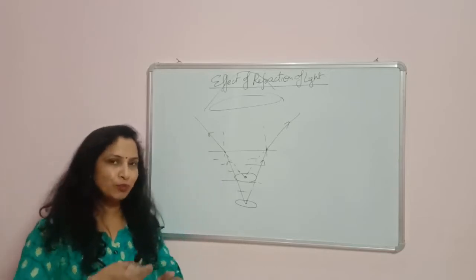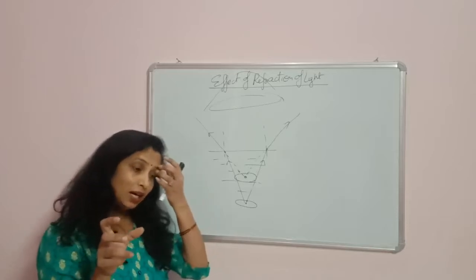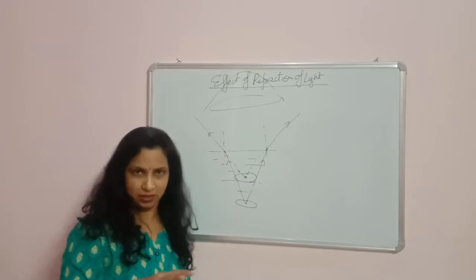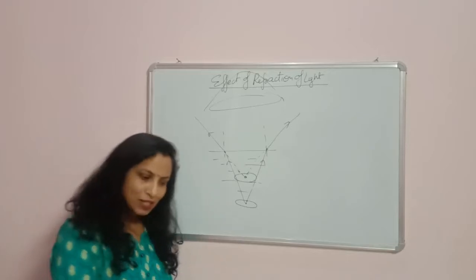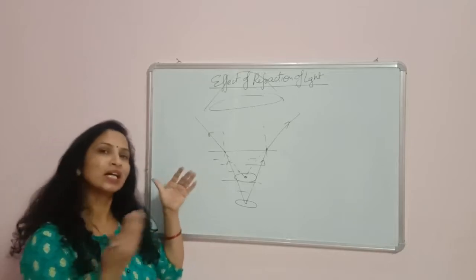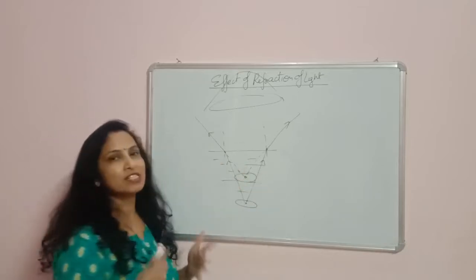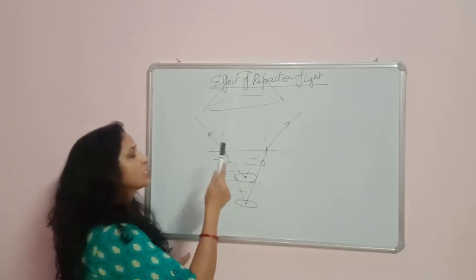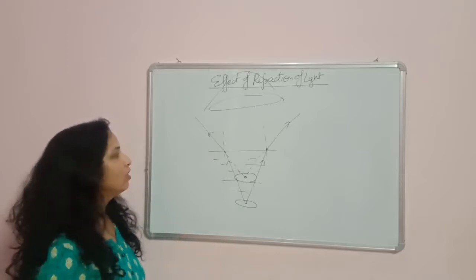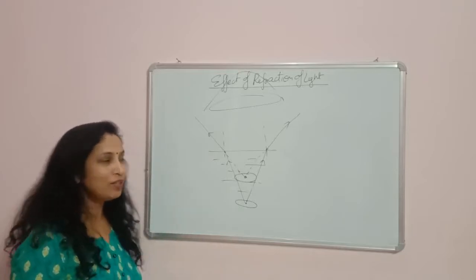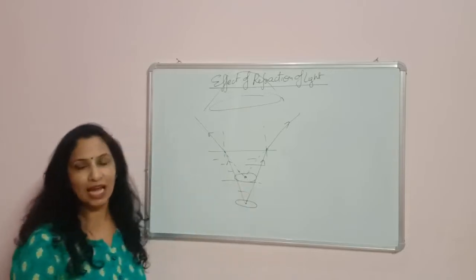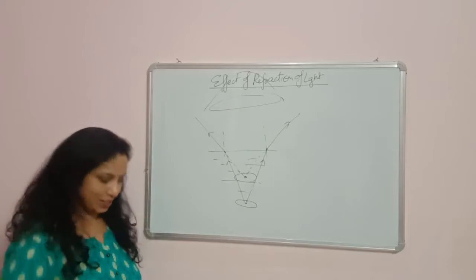If we see from the top, if we place a glass slab on something printed with some letters, it appears to be raised, the same as with water. So in place of water there will be glass, and the same thing will happen. The ray which passes from the glass into the air will move away from the normal due to the refraction of the light, and the height of the printed alphabets will appear to be raised.